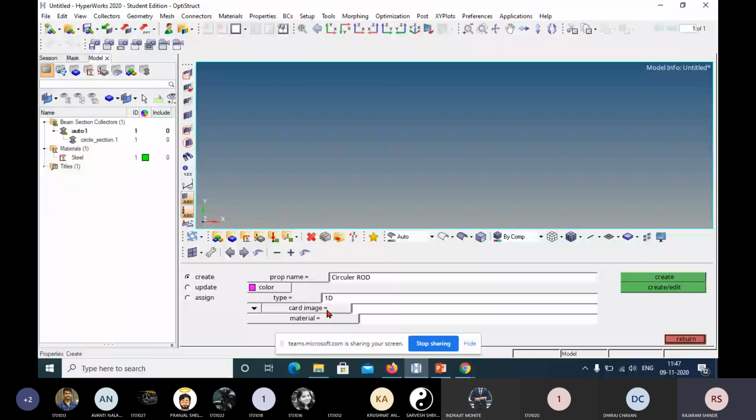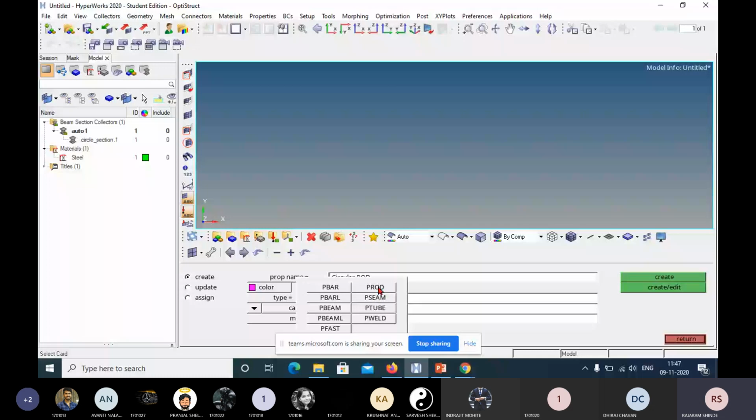Now see here, we are going to solve the problem under tensile loading. The element which supports the tensile load is the rod element. Do you agree with this? Rod element. So you select P rod as a card image for this one. If it is a bar element, you select P bar. If it is a beam element, you select P beam. If it is a weld element, you select P weld. Our problem is of rod element, so select the rod.